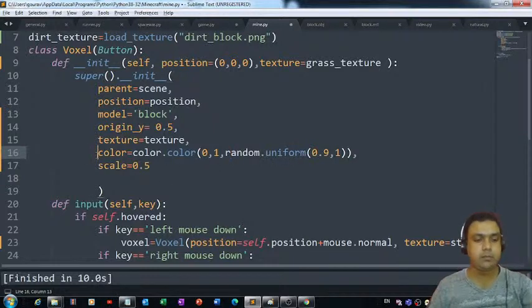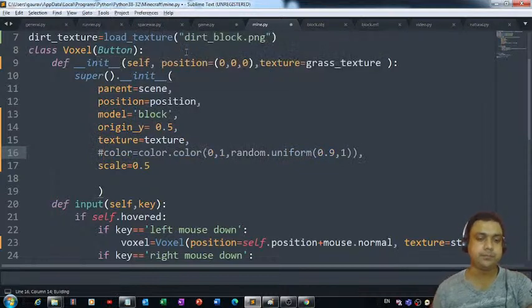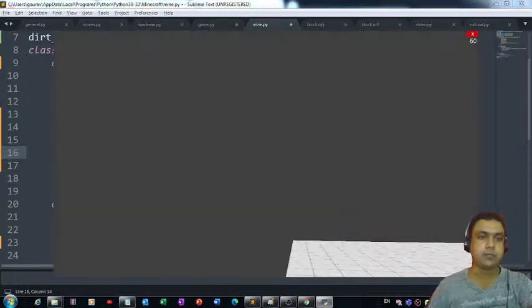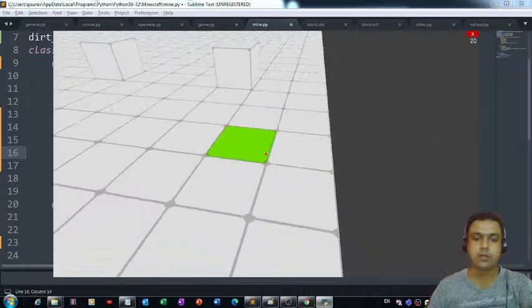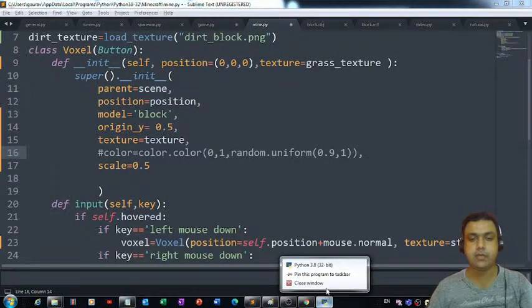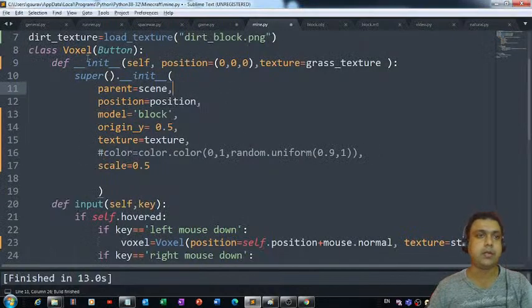Let me do one thing. Let me just comment it out and see what is going to happen. See, everything is perfectly fine. This is running fine. Then why am I not able to get the